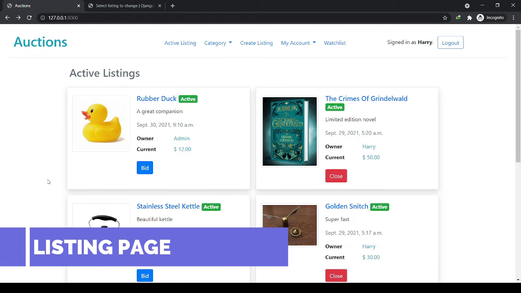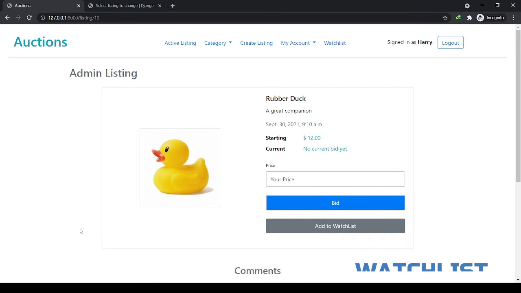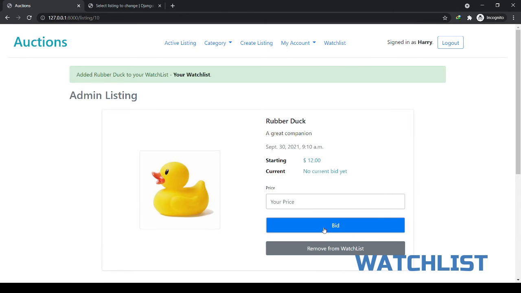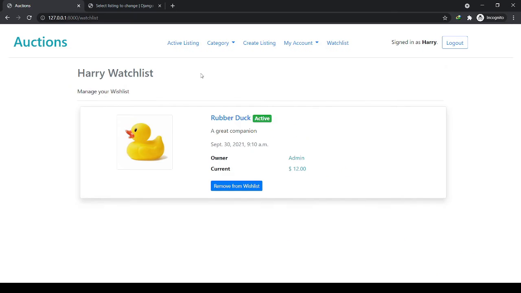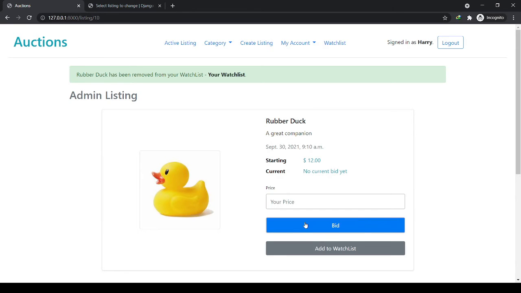Listing page. Clicking on a listing should take the user to a page specific to that listing. On this page, the user should be able to see all the details about the listing, including the current price of the listing. If the user is signed in, the user is able to add the item to their watchlist. The user can see their watchlist in the watchlist page, and the user can remove the item from